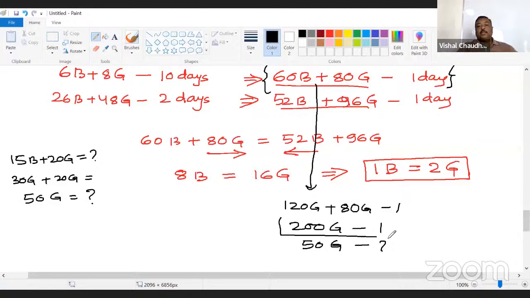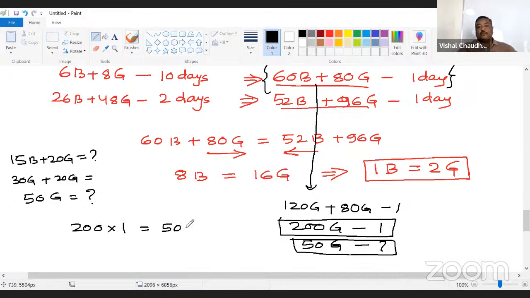इधर आप 4 से डिवाइड किए हो तो इधर 4 से मल्टीप्लाई करना होगा। यानी दोनों का मल्टीप्लिकेशन सेम आना चाहिए। सो 200 into 1 should be equal to 50 into question mark। यानी ये 15 बॉयज एंड 20 गर्ल्स जो 50 गर्ल्स के इक्विवेलेंट है, 4 days में कर लेंगे। And this is your answer।